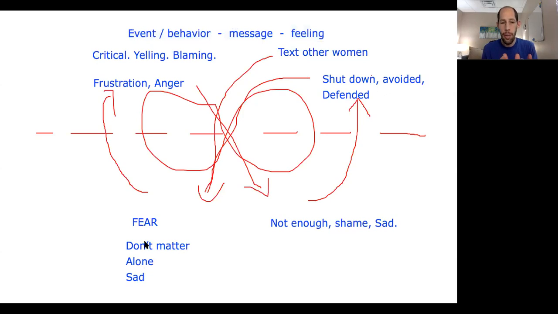And so what I said was, okay, can you please share that with him? I get her down into the fear and the sadness and the feeling, the vulnerable emotions. I said, can you please share that with him, that when you get the message that somebody is coming between you guys, can you help him understand how scary that is for you? Because you don't want to lose him. He's that important to you. And so she turns, tells him that message, and says, when this happens, I get scared because the message I get is that I'm going to lose you. Somebody else is going to come between us, and I can't bear that happening.